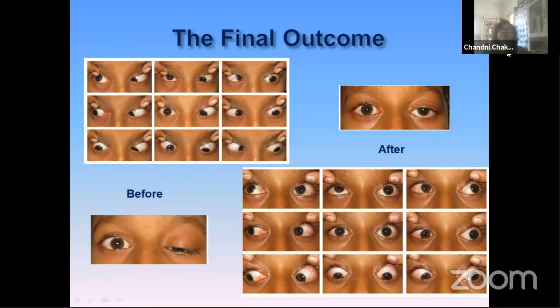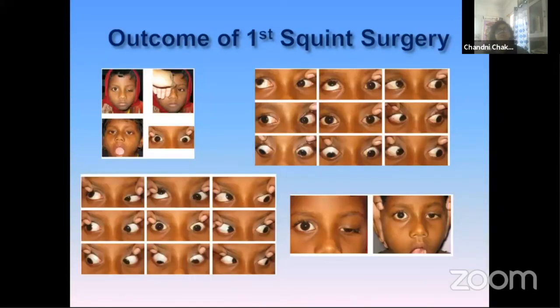the elevation was much improved after the surgery, and the surgery done was partial NAPS procedure with inferior rectus recession, because it was more than 40 prism diopter of hypertrophy in the left eye. So only NAPS procedure could not help. So we had to do both the procedures in the same sitting.